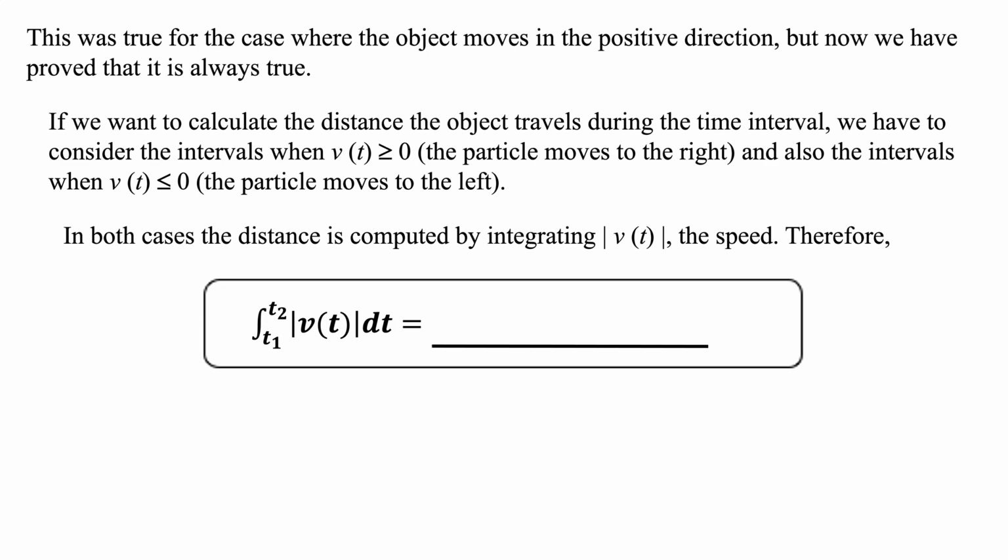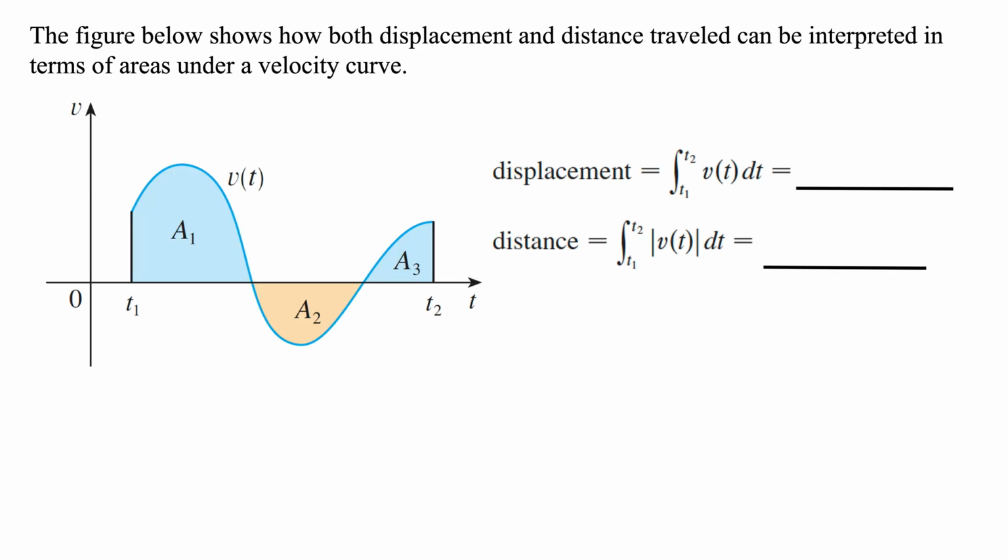All right, so it's got to be the absolute value. If you integrate from t1 to t2 of the absolute value of v of t dt, that's the total distance traveled. You have to keep the absolute value bars there. All right, so